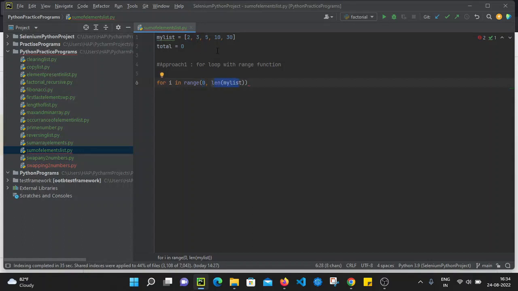Now the length of my list will return 1, 2, 3, 4 and 5, so length is 5. So the range will be from 0 to 5, but we know that range will go from 0 to 4. So it will count 0, 1, 2, 3 and 4, up to the last element of my list. In this for loop, we are going to use total